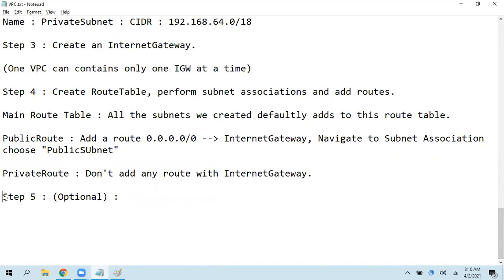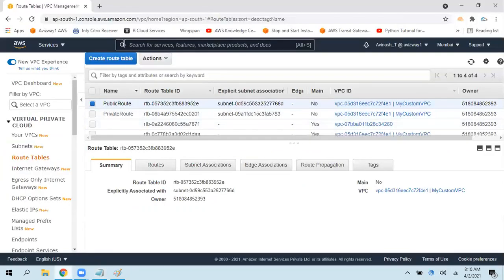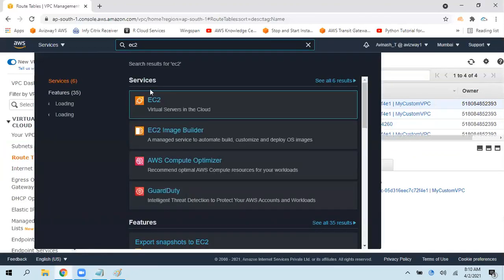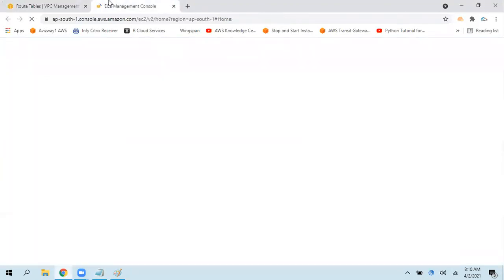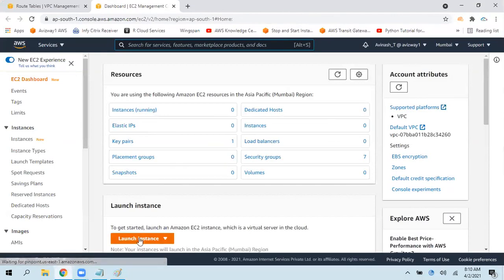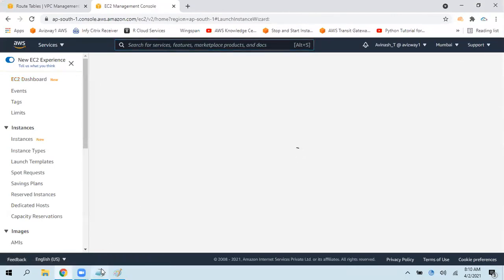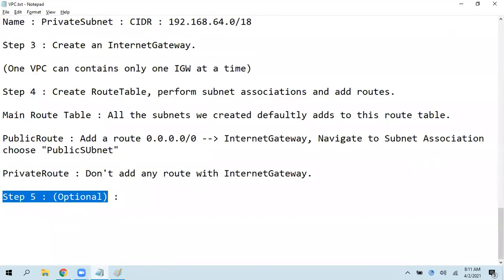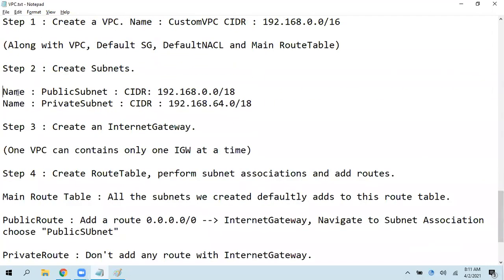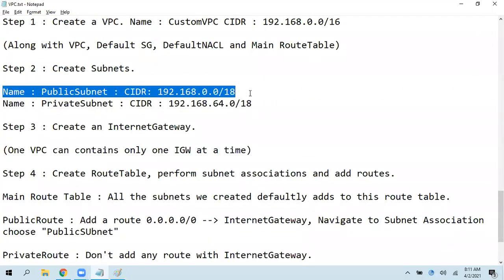Okay, so here is step 5. Now let's navigate to EC2 and launch an EC2 instance. For a public subnet EC2 instance, we need a public IP address. Whatever instance you're going to launch here, we need a public IP address.